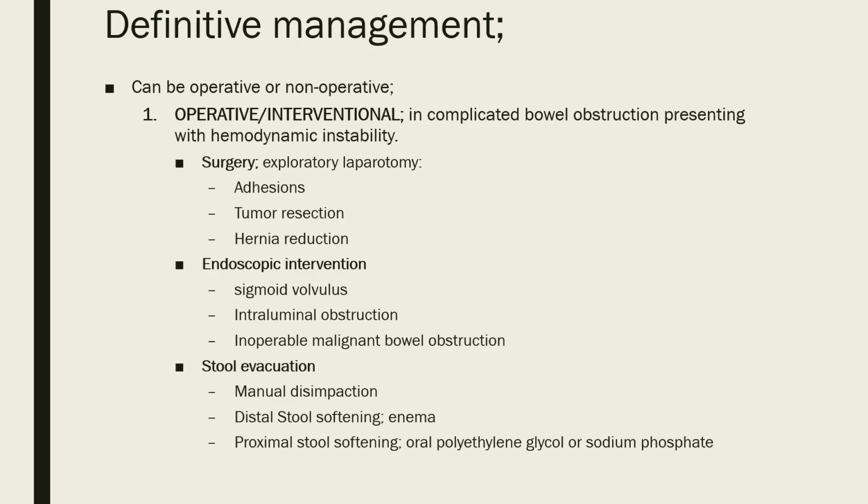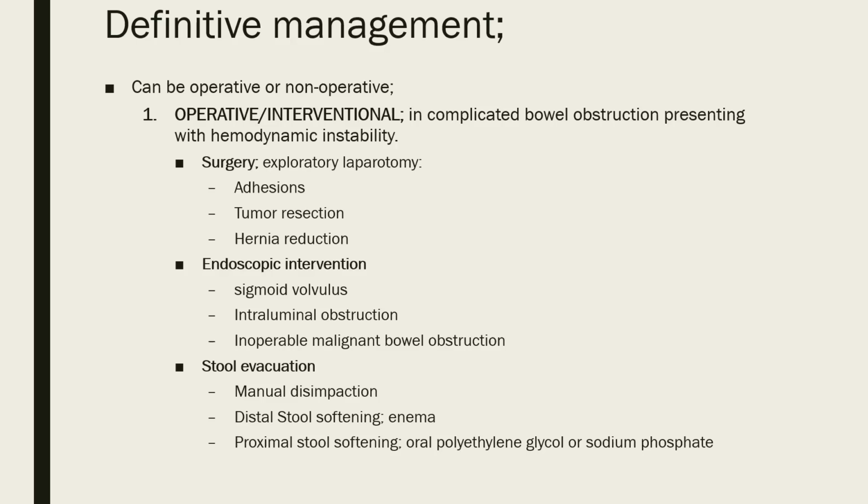Or you can do stool evacuation, obviously, if the cause or the etiology of the intestinal obstruction is fecal impaction or a fecalith, then you can do a disimpaction. So you can either do a distal stool softening or a proximal stool softening. When you talk about distal stool softening, meaning you're going up the rectum, so you're doing an enema, or a proximal stool softening, meaning you're giving them oral drugs, so oral polyethylene glycol or sodium phosphate to soften the stool, right? So these are your intervention or operative